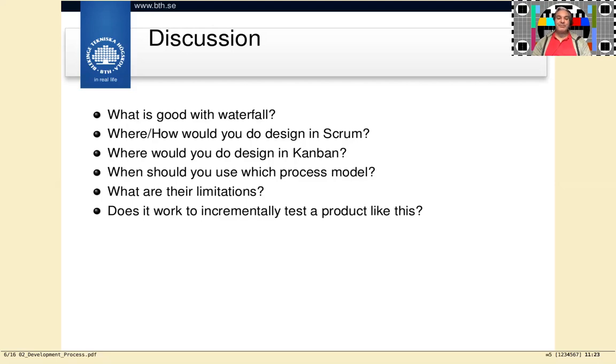Let's say limitations. Well, Waterfall has the limitation that you are doing a lot of upfront design that you're not sure if you're going to need it in the first place, and you're not sure when you're going to need it. And it doesn't really matter if you do iterative development, you're still doing probably a bit more than you are certain that you have